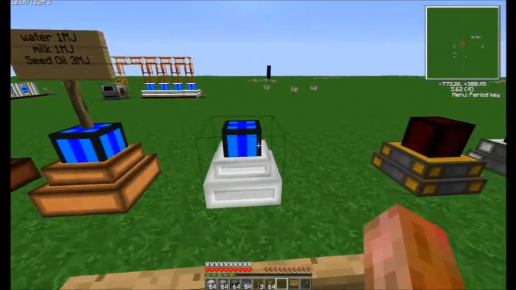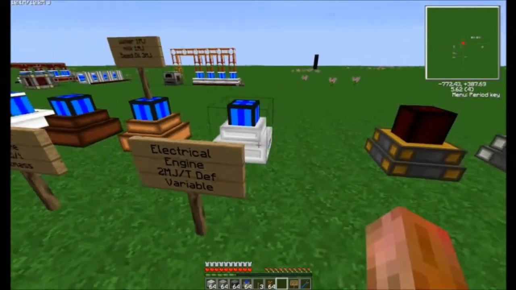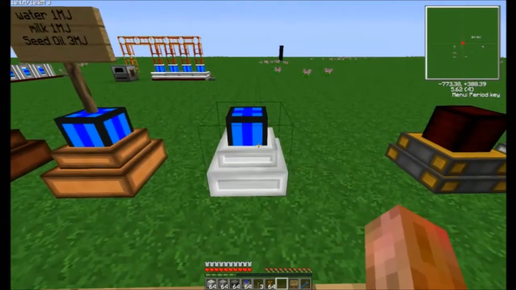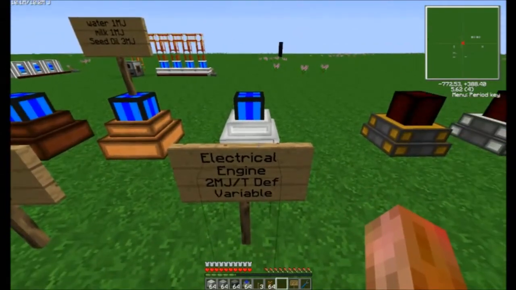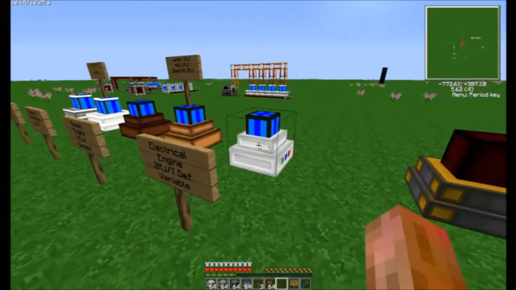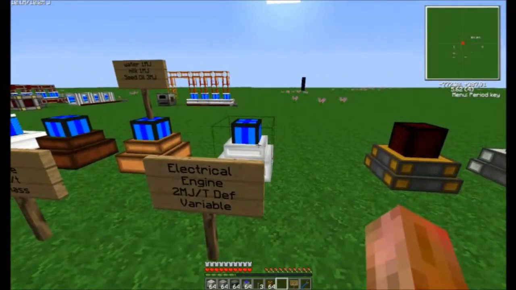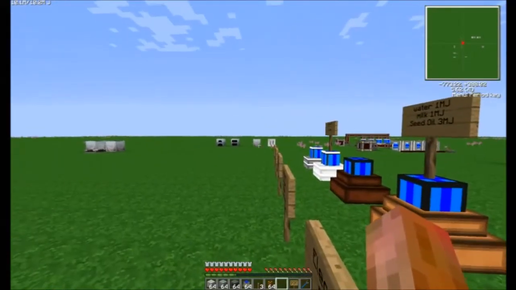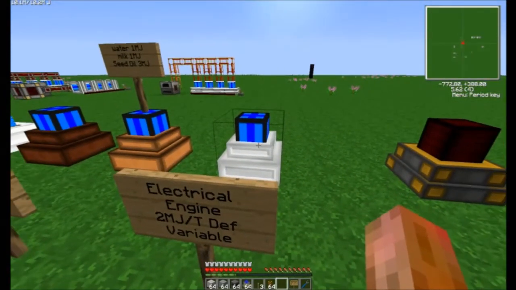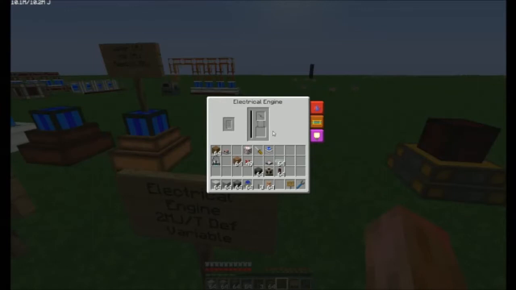And then the last engine, of course, is the electrical engine. By default, just sitting straight like this, it is a 2 MJ engine output. Now, of course, this is kind of a converter engine. This takes EU, the IC2 power, and converts it into MJs. Now, this is kind of a cool engine. It has its uses and it has its benefits,